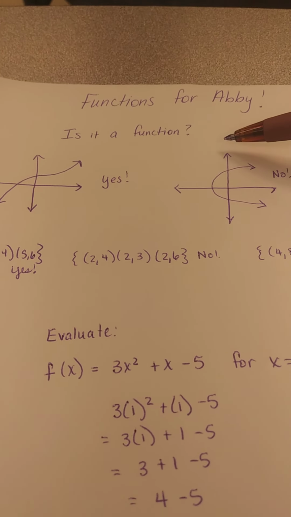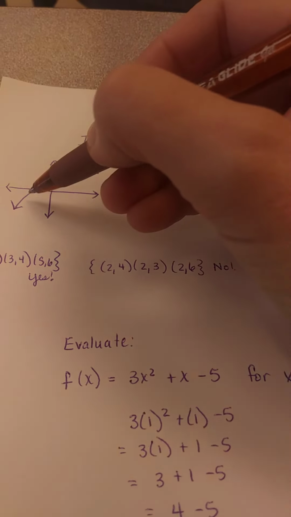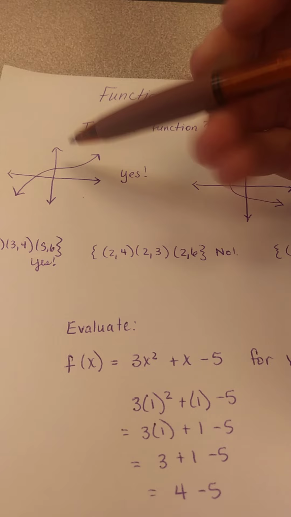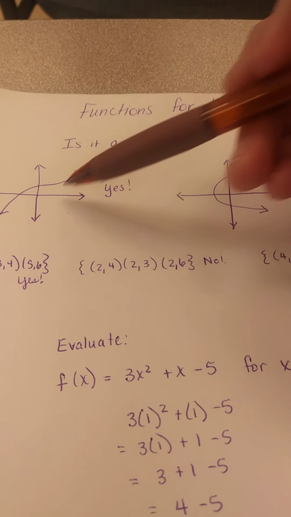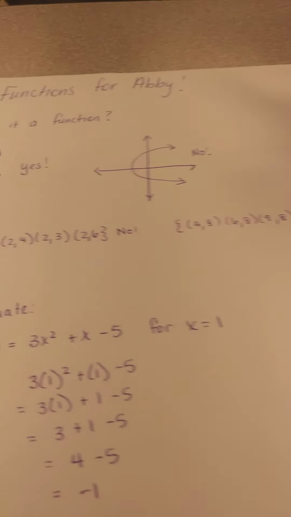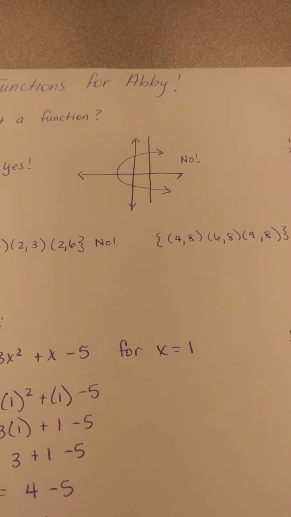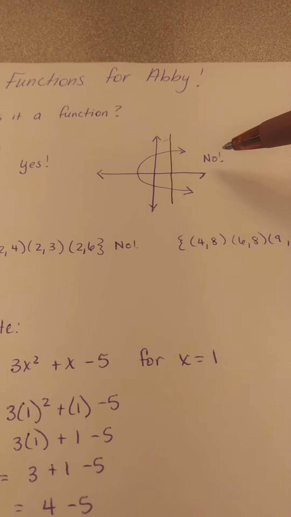From a graph, you do what's called the vertical line test, which means you try to draw a vertical line that touches the graph twice. If your graph passes the vertical line test, that means it never touches twice, yes, it's a function. If your graph fails the vertical line test, like so, this one fails because a vertical line touches twice, then